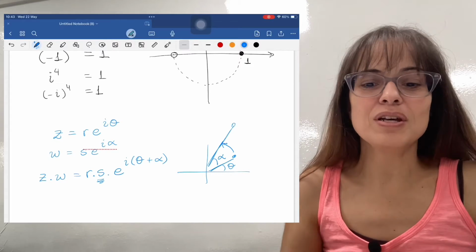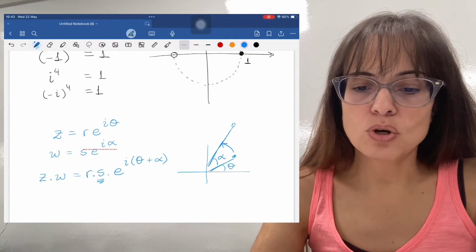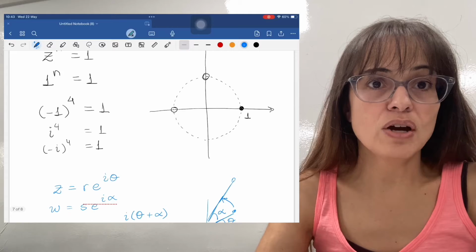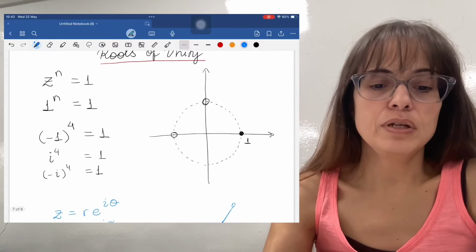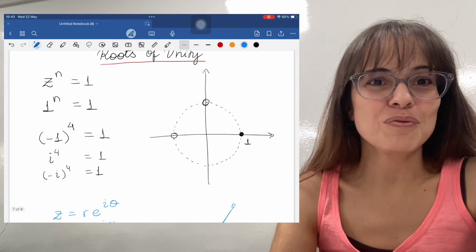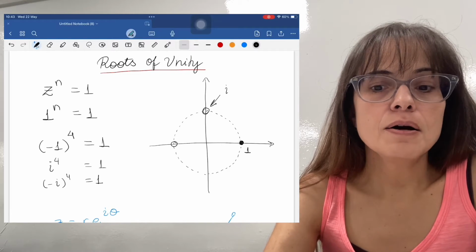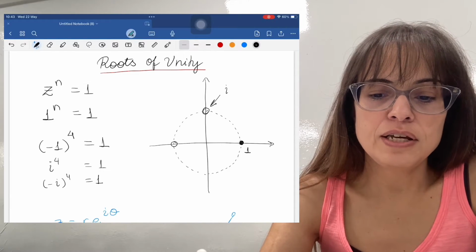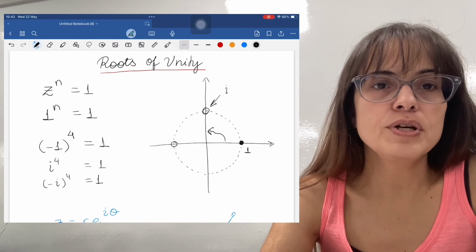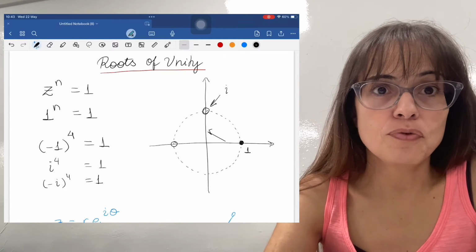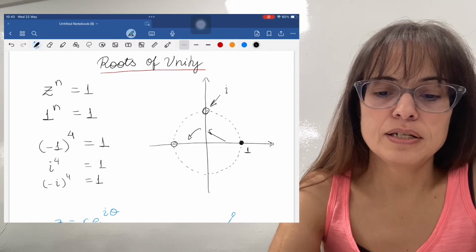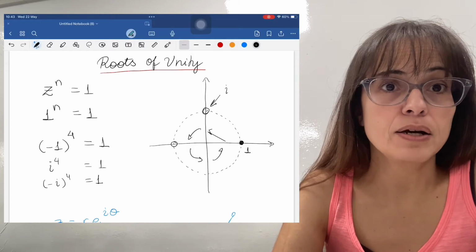I want to talk about the angles because all of my examples here are going to have modulus 1. I am in the unit circle. I'm looking for the roots of unity. So this one up here, which is the number i, started here and went 90 degrees. So if you put it to the power of 4, it's 90, 90, 90, 90, and it's back where it